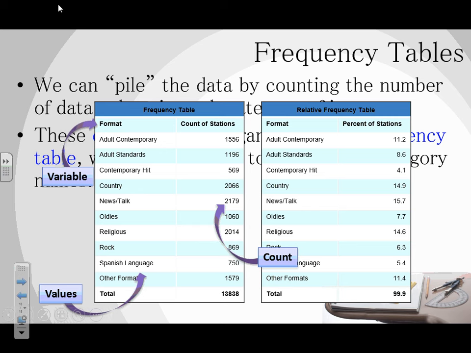Okay? So this is your generic frequency table. A list of the categories and a list of the counts that go with each of those categories. Pretty straightforward. Okay? This second table that we see here is called a relative frequency table. This is one that you want to make sure you write down. A relative frequency table